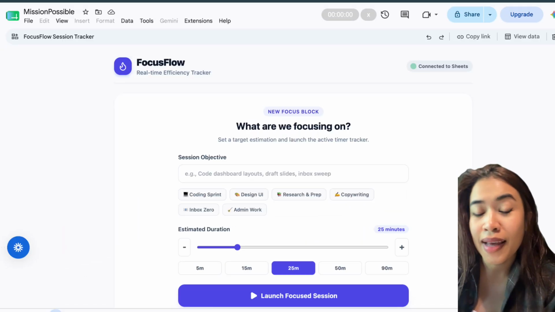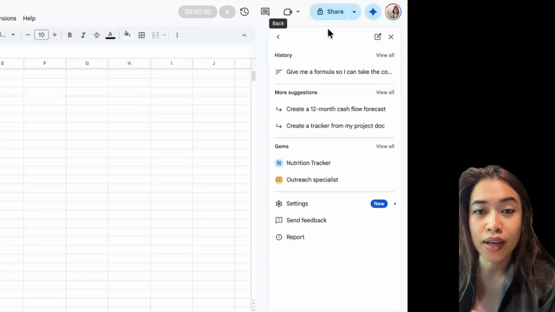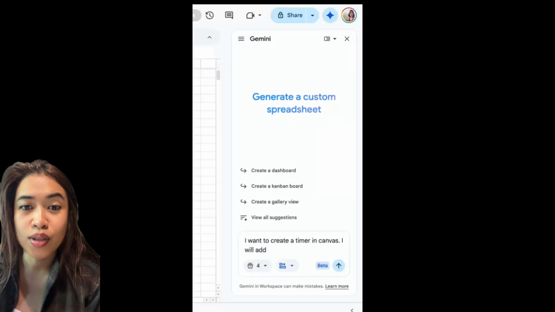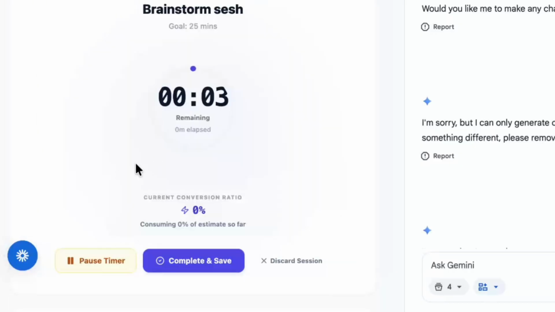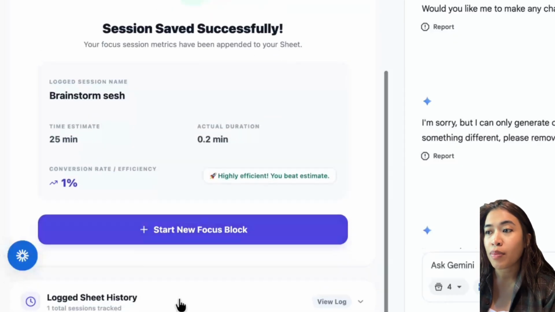Let's try to build an app inside Google Spreadsheets. So click on Canvas and start talking to Gemini. In this case, I wanted to build a timer that I can use to capture how long it takes me to complete a task. With this timer, I wanted to be able to add a session, add my estimate time